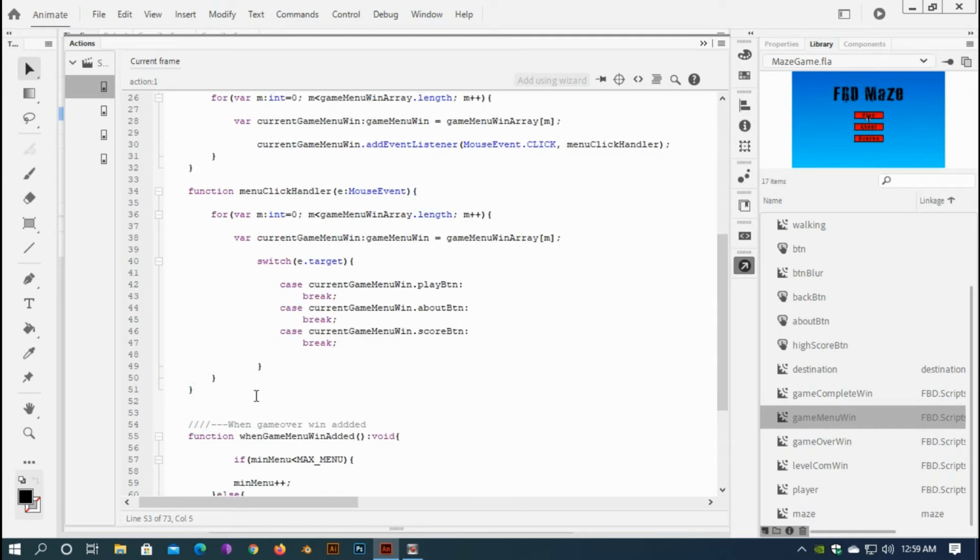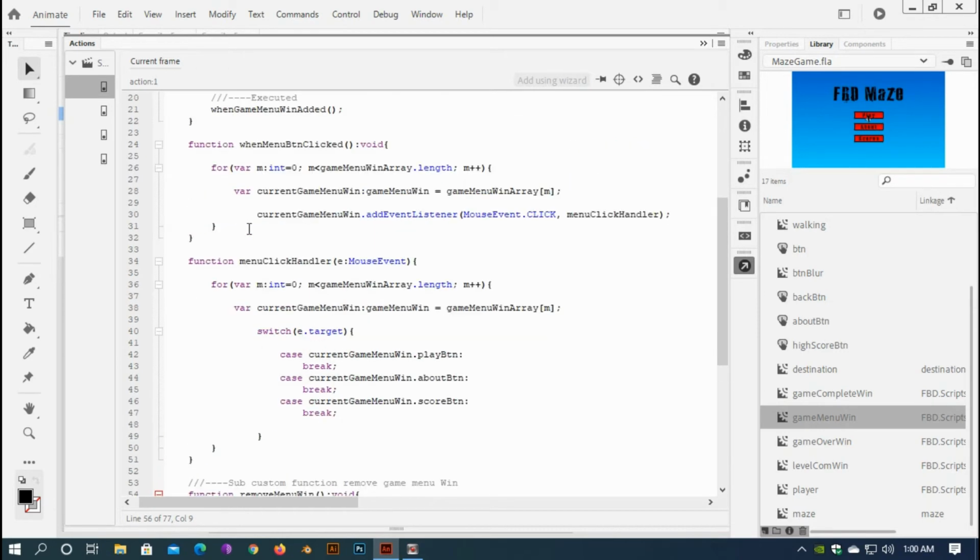So here I'll comment it out and type function remove, sorry, I should have typed here remove game menu win. So remove menu win,